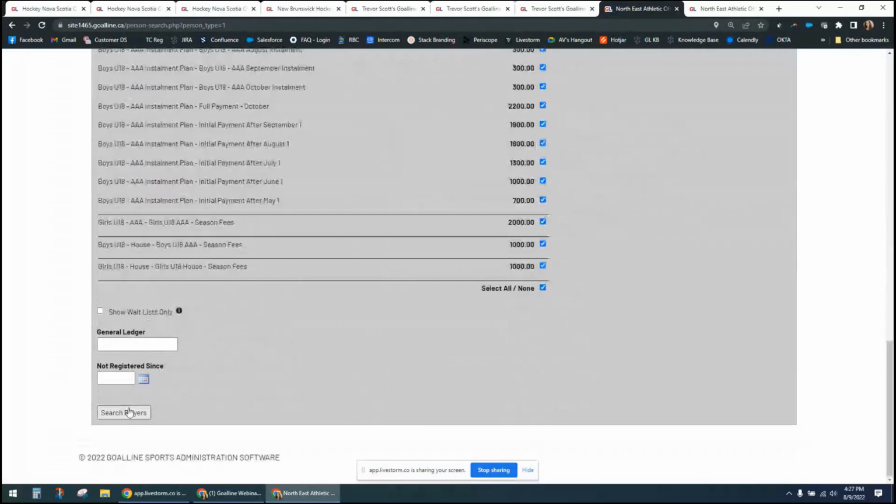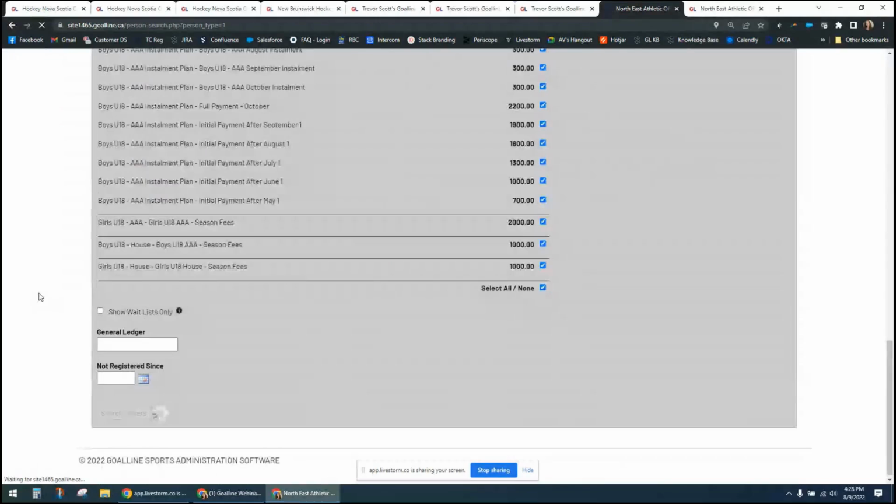And I can even do the same things. I can export the data. I can email from those search results as well. So I'm able to do all the same things and verify registration information and know that these players are properly and currently registered. There are some layers of permission that a user may or may not be able to see